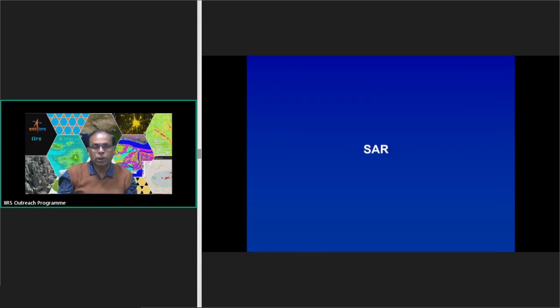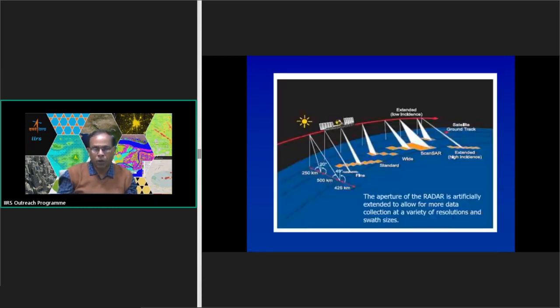Then coming to the synthetic aperture radar, SAR, now we have the aperture of the radar artificially extended to allow for more data collection at a variety of resolutions and swath widths. Now from 1 meter to 50 meter resolution data is available from the synthetic aperture radar